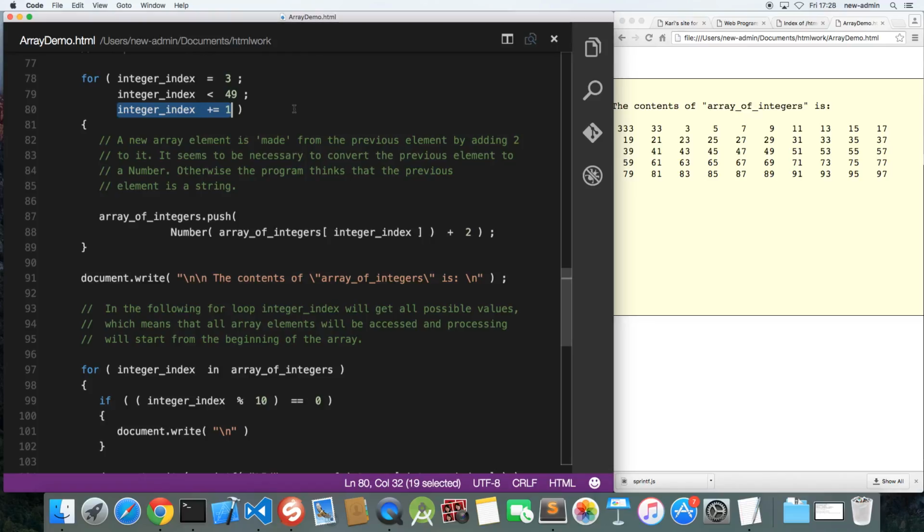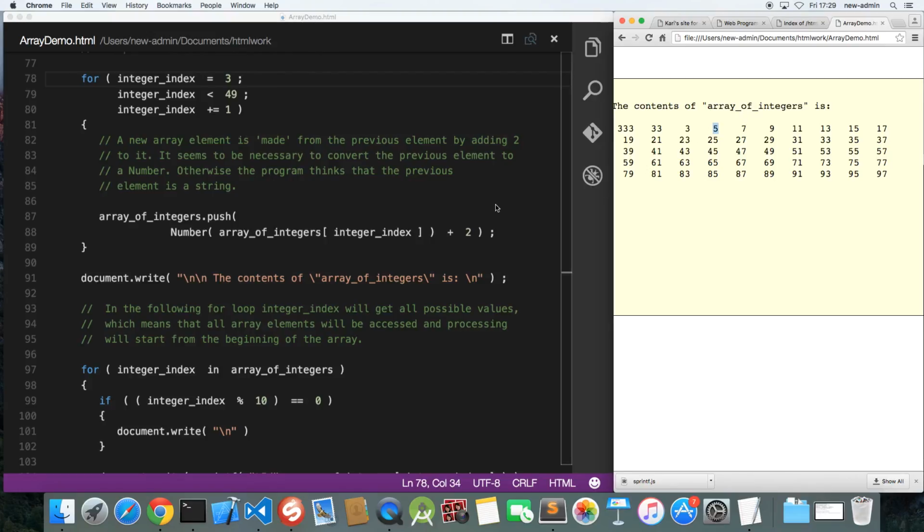So what I'm doing here is that the first index is 3, and the last used index will be 48. With the index 3, I refer to this: 0, 1, 2, 3. I refer to this element,